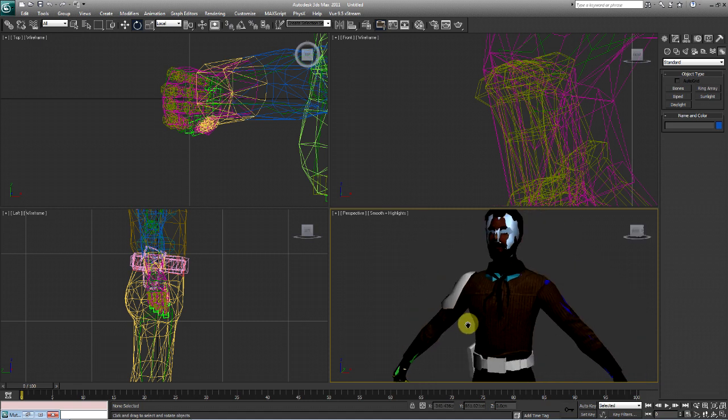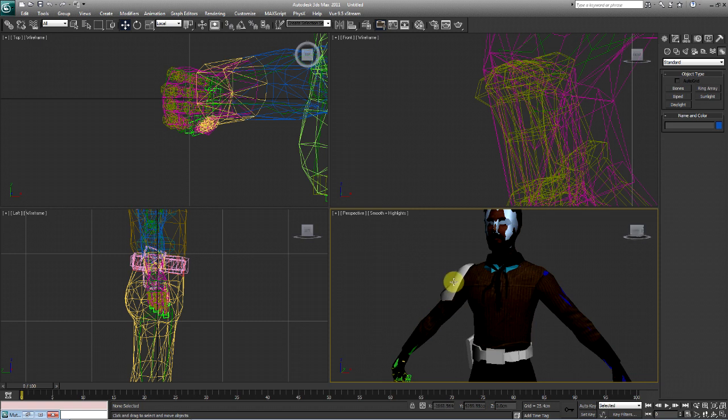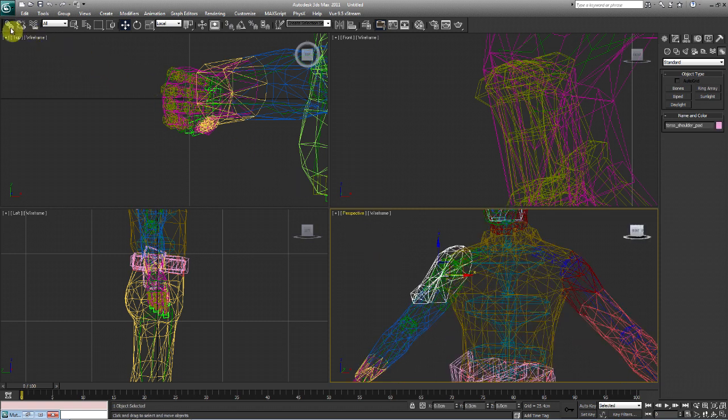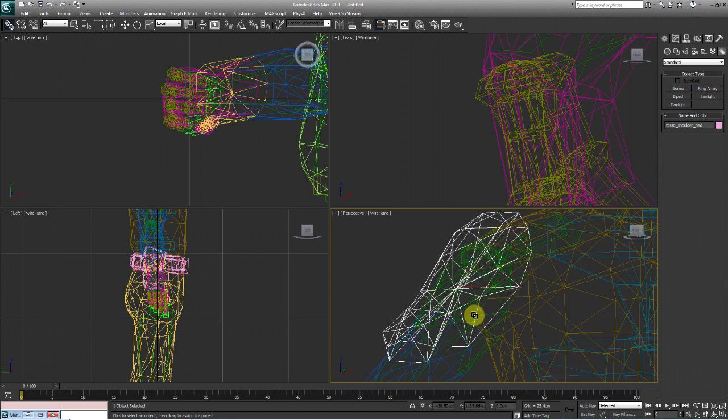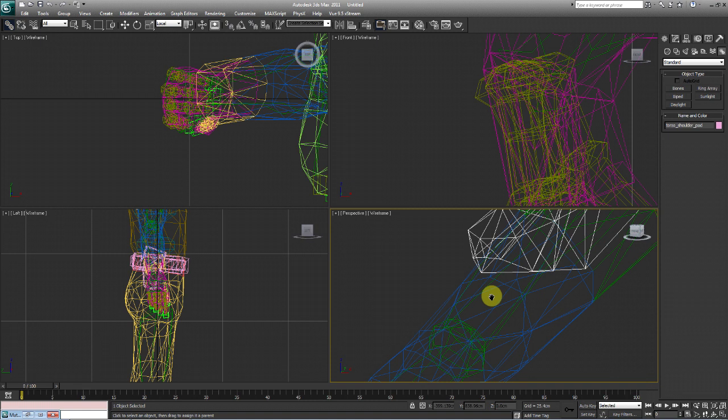Now the reason why I didn't want to do this with the rigging is because I like to do it this way. Since this is an object, it's not an actual body part. Think of it as a real object. I mean, it would deform in a sense, but to me it just saves time, and it's a utility belt.